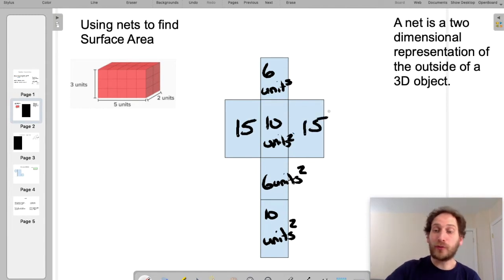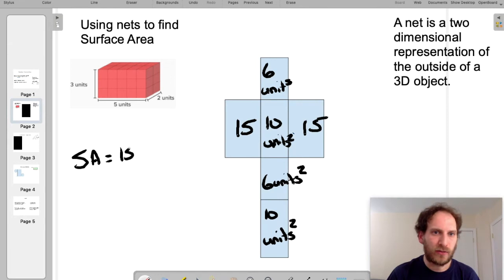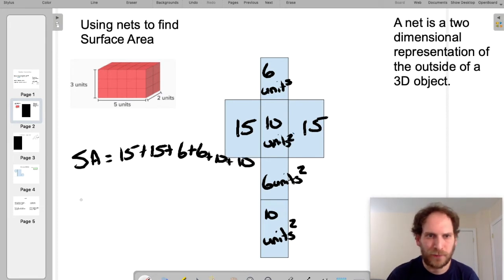And all you do from here is you simply add up the total areas that were given. So in this case, we would be 15 plus 15 plus 6 plus 6 plus 10 plus 10, and you kind of run out of room a little bit. When all of that's added up, we get 30 plus 20 plus 12, so that would be 62 square